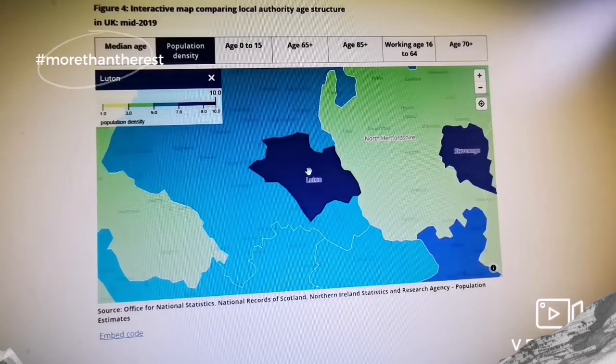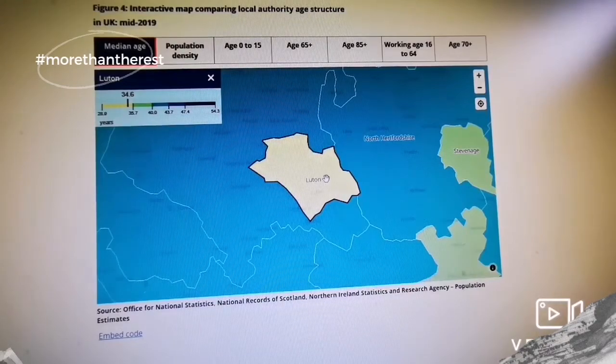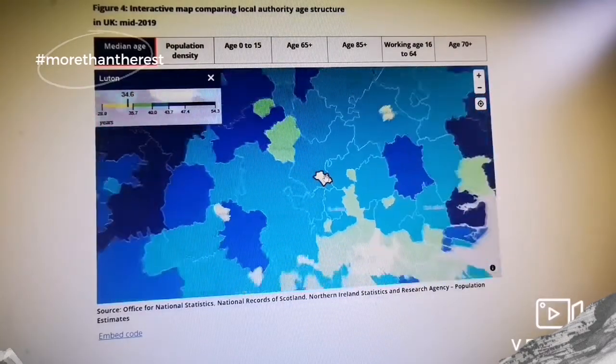So it really will come down to a case of, can we harness the energy, spirit and power that we all have within our densely populated, lower median aged area of this country,